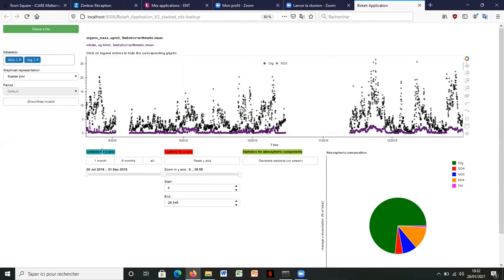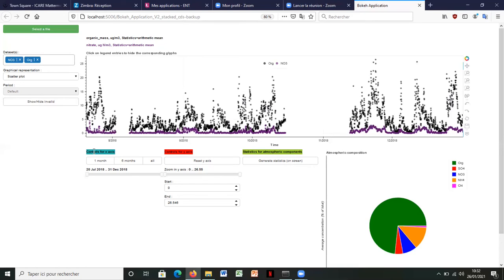Now we will focus on the 3 columns of widgets under the figure. So the first column is called controls for x-axis.